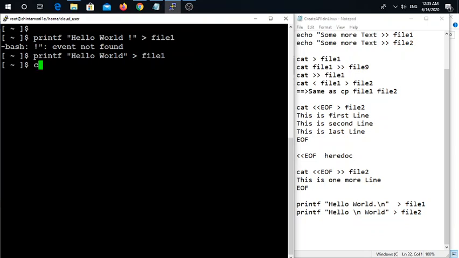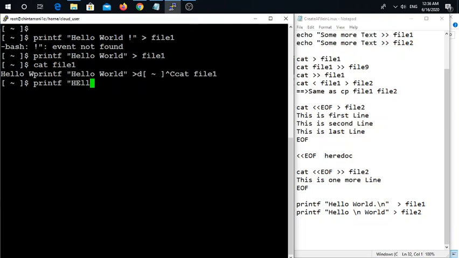Okay, it got overwritten. So file 1 will have hello world, but if you see, it just displays hello world and the prompt is coming on the right hand side, it is not coming on a new line. If you want the enter key to be pressed after hello world, which means the cursor should go to the next line, then instead of just saying printf and that string, we need to say printf and then whatever string you want, so say hello world,